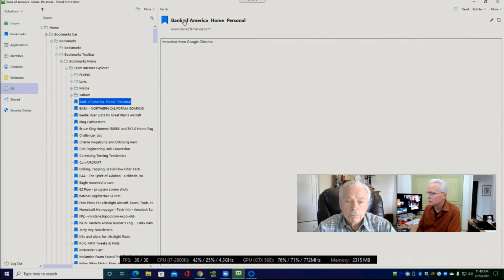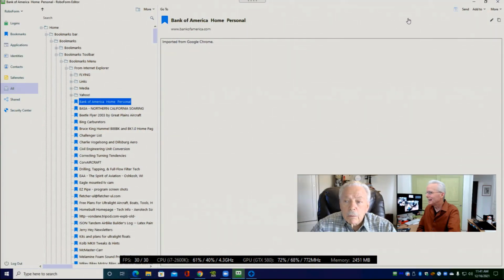Now here, this is clickable, because I have the mouse arrow changed to a hand with an index finger. Right. All right, so I'm blurring the screen. I'm going to click on that Bank of America Home Personal and see if it takes us to that site. It did not. And then, that says go to right up here, Go to Passcards web page. So here I'm going to try that again.